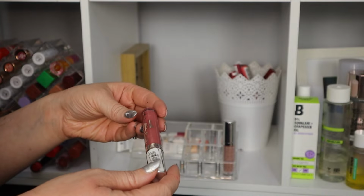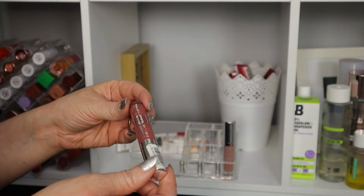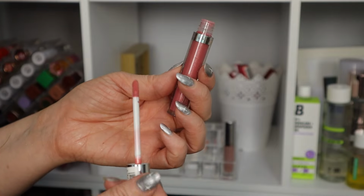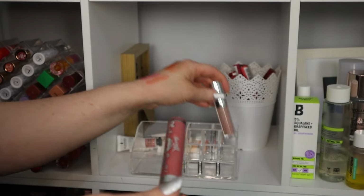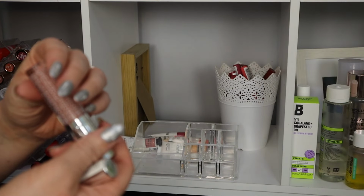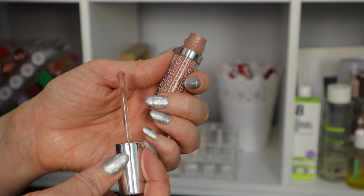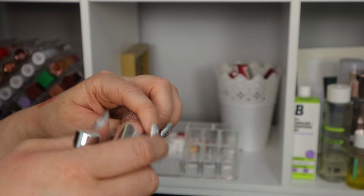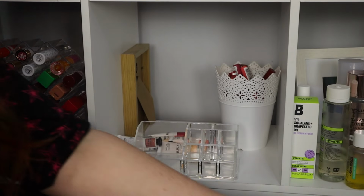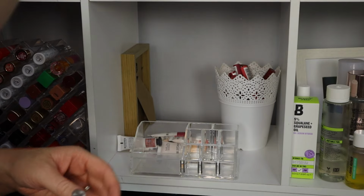Let's wait and see. The last two products that we've got here are both lip plumpers. So this is the Barry M That's Swell Extreme Lip Plumper. Did I think that this was actually too much plump? I can't remember, but I think out of the two of them, I prefer the Beauty Bay one. So this is the Beauty Bay Lip Plumper in Fizz. Just something about this colour, like the nudiness of this colour with a slightly darker lip liner. I think out of the two, I prefer the Beauty Bay one, so I'm going to get rid of the Barry M, and then I'm going to just dunk everything back in there and organise it at a later date,